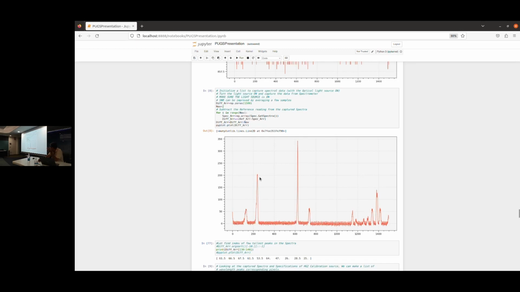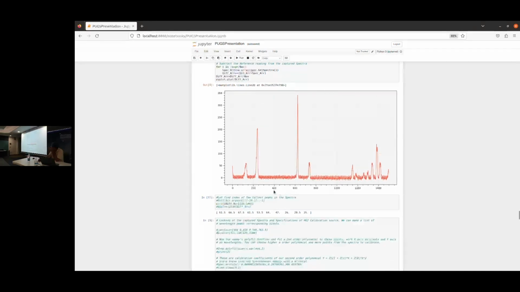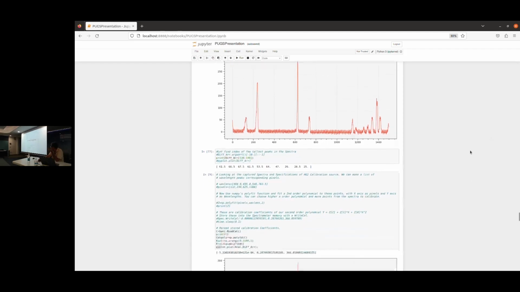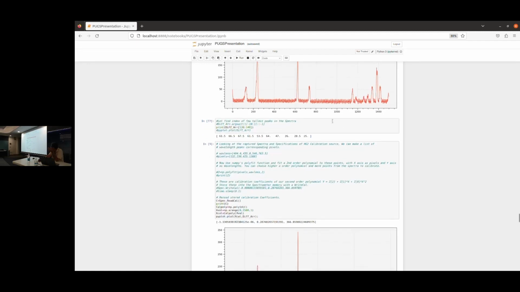So knowing that this wavelength is 435 nanometer, this is 546, you look at the chart. The chart has this shape, so you know this is this one. So you can map your pixel axis to a wavelength axis, and that's probably the first step that you do. You determine the calibration coefficients by fitting this